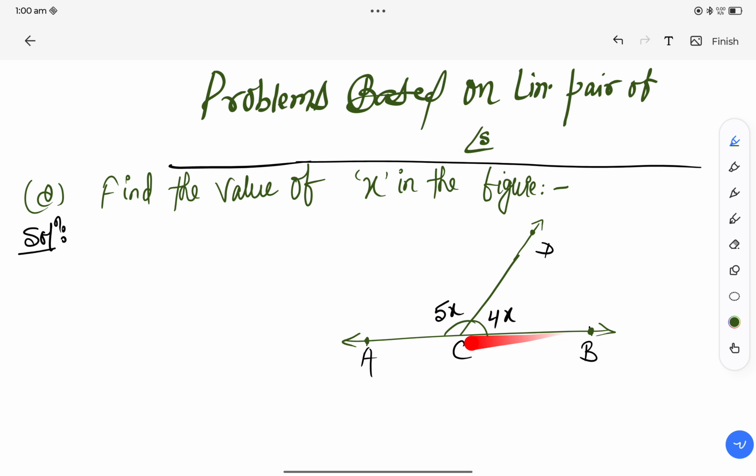So ये दोनों जो एंगल हैं, दैट इज ACD और BCD, ये दोनों एंगल लीनियर पेयर फॉर्म कर रहे हैं। And you know that the sum of a linear pair of angles is 180 degrees. That is, a linear pair of angles is supplementary. So let's solve it. So we can say that